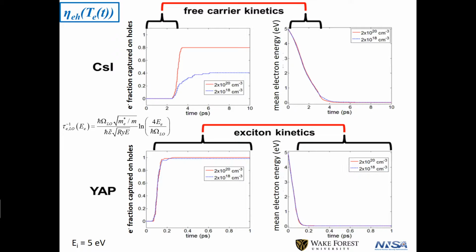But the big difference in these is the electron-phonon scattering time, by which, remember, these hot carriers lose their energy. It depends principally on the optical phonon frequency. In cesium iodide, the heavier the ions, the lower the optical phonon frequency, and the slower the cooling. So cesium iodide, by calculation, is sort of the slowest. It's got a 4 picosecond cooling rate, so the electrons are hot until then,